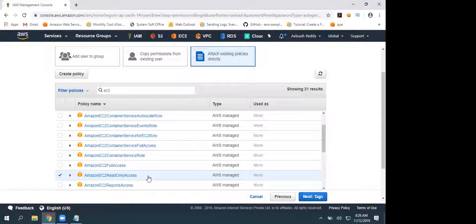So this user is going to get S3 read-only as well as EC2 read-only access. Or if you want to give only one, yes, you can select only one. I'm giving only one at the moment. That is S3 read-only access. So he can go there, he can view all the resources, he can view the data, but he cannot delete, he cannot create new resources. Let's look into that now. So now click on next.